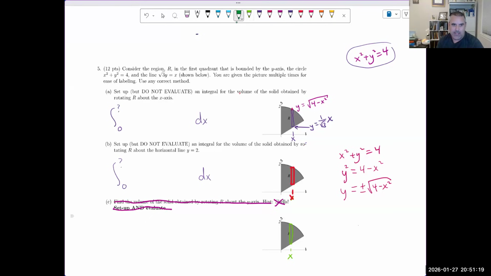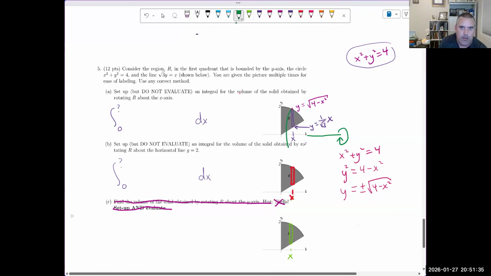most of the confusion doesn't come from the revolution. It comes from what I just did, in my experience. So we chose x. We did it. So now let's read. The first one says we're revolving around the x-axis. So if I take that and revolve it around,